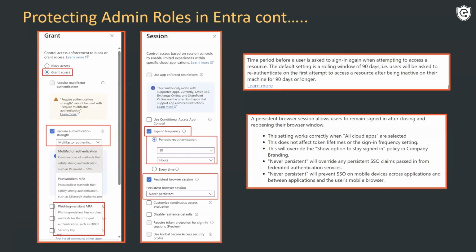Yes, sir. And then once that's done, you're going to go into the grant section and require authentication strength. So Microsoft, probably in the last 6 months, a year, added this new method, right? It's not the require multi-factor authentication. It's actually requiring a level of protection. So we want to pick the strongest one, which is the phishing resistant MFA. That one requires a FIDO key, right? If a bad guy isn't physically on my machine and physically has my key, they can't use it.